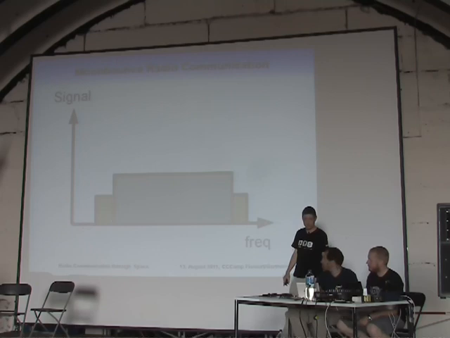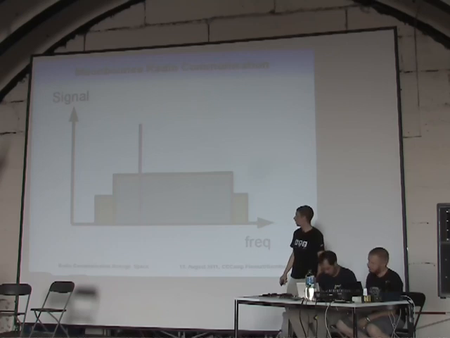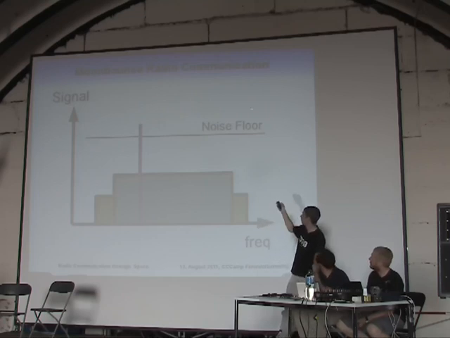And what we are actually doing is this. It's an extremely narrow signal, and the trick with it is, next slide. If you have a noise floor that's like this high or much higher, if your amplitude is high enough, you can still decode it.